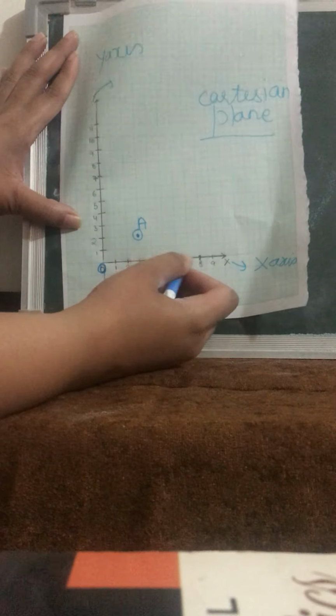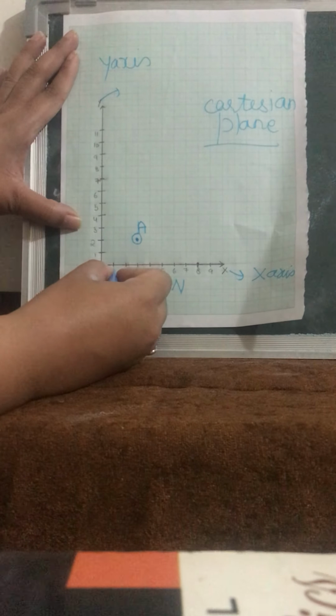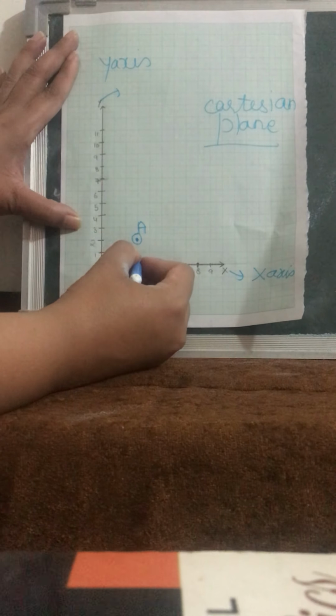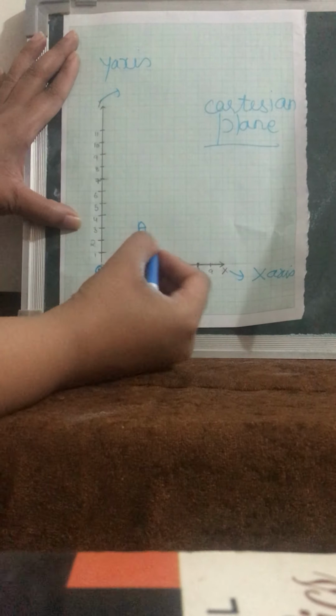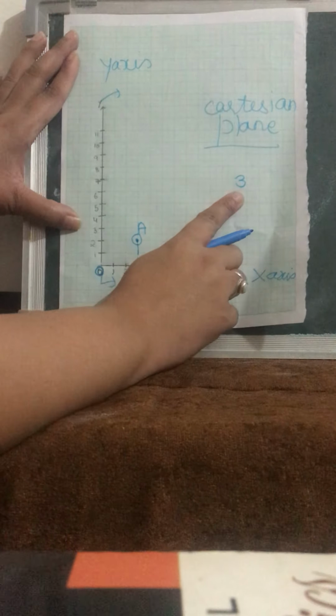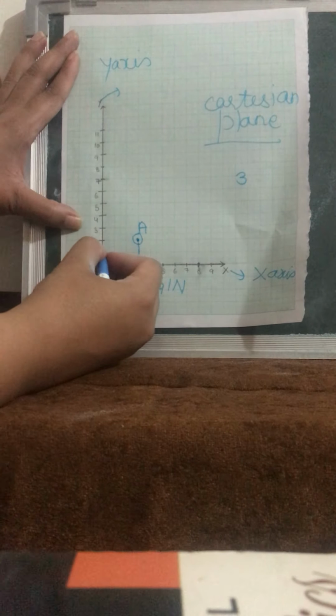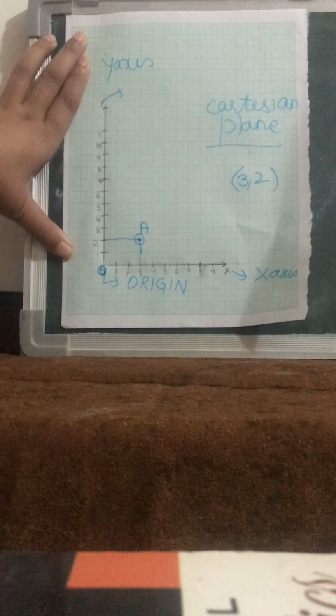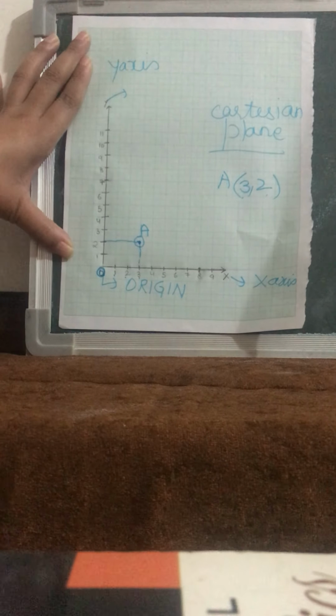I'll see from the x-axis first of all: this is 1, this is 2, and this is 3. From the x-axis the value is coming out to be 3. And from the y-axis, this is 1, this is 2. The value is coming out to be 2. So the location of point A is what? 3, 2, where 3 is the value of the x and 2 is the value of the y,